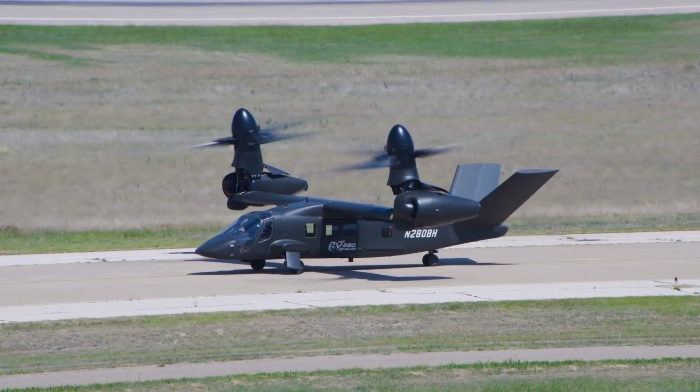And what it appears that the Army, the Marine Corps, and Special Operations Command are doing is finding the next step they want to take together in the next generation of aircraft that brings all the lessons and the effectiveness and survivability of a V-22, and then drives out the cost in procurement and the cost in sustainment, so you can afford to operate larger fleets of aircraft. So what Bell has done is